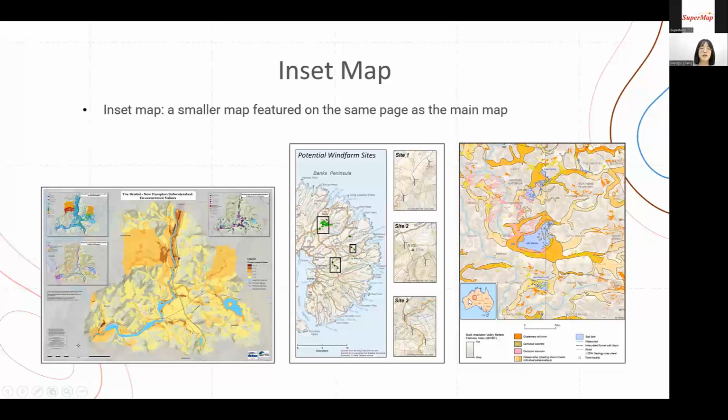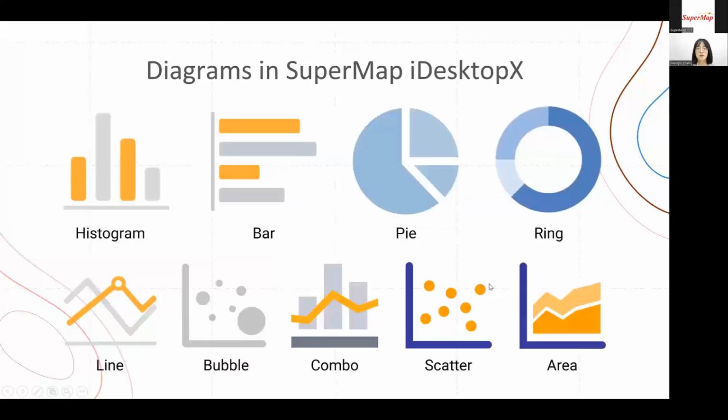So either way, as long as we can add multiple map objects to our layout, we can create inset maps as we want. And then it's about statistical diagrams in our software. So in SuperMap iDesktopX, here you can create 9 kinds of diagrams,